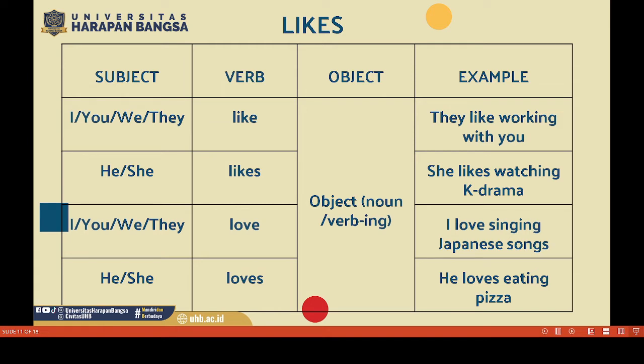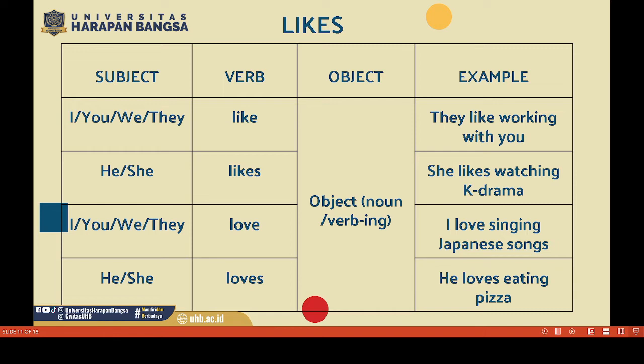So now let's move on to the second expression, which is love. Okay, for love, you also have 2 versions. The first one is love without s, and then love with s. For subject I, you, we, they, you can simply use love without s. And then for the subject he or she, please do use loves with s. And then after that, you can put the object, and the object can be in noun or in gerund or